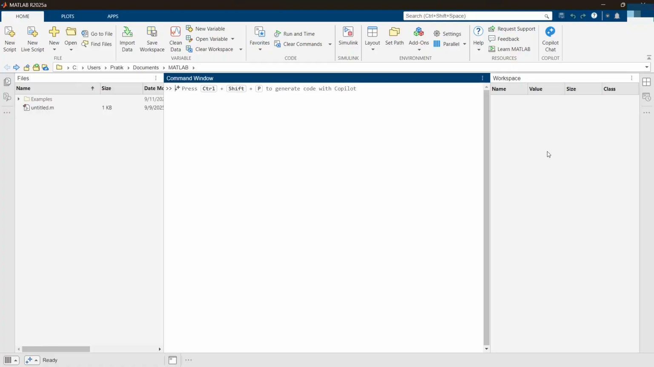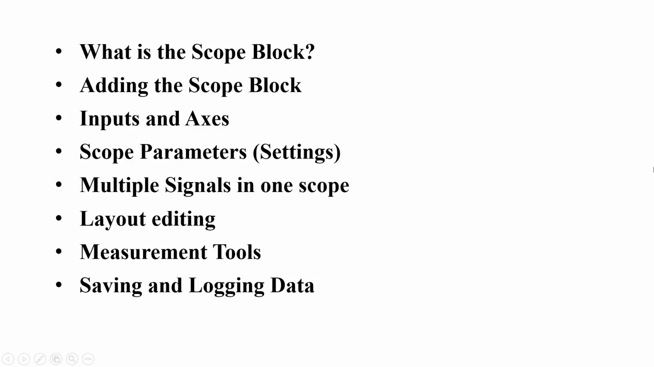So let's dive in. In today's video, we'll be exploring a few elements like what is a scope block, adding the scope block, inputs and axes in the scope block, the scope parameters, all the settings required to change as per your desired signal visualization, how to add multiple signals in one scope block, and when you add those multiple signals, you need to edit its layout. It might be left and right signals or up and down, and all the layouts we are going to